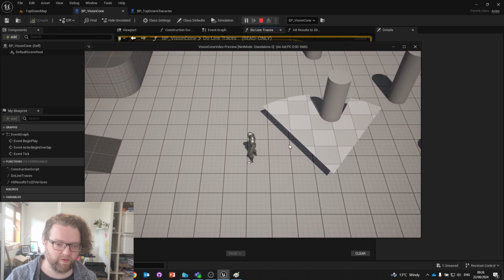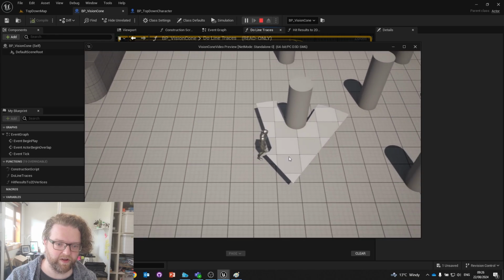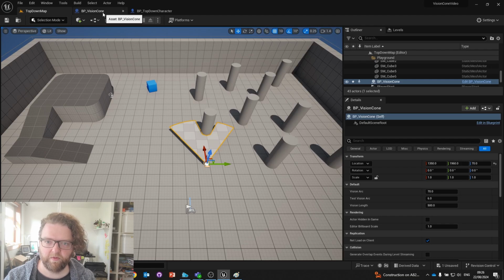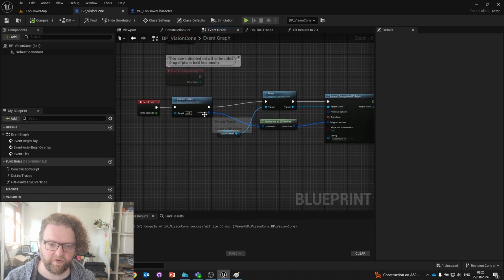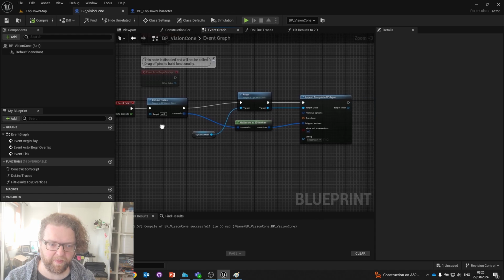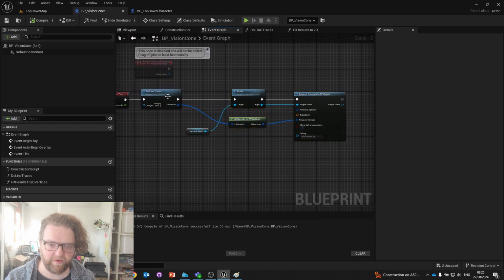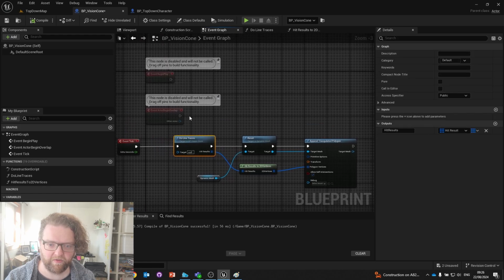So the condition under which we want to redraw it is if something has changed. So what we want to do is check if this line trace result has changed. And we check if it's changed by looking at what it was like the time before. If you think about this, when we first run this, we're not going to have anything to check against. So let's first